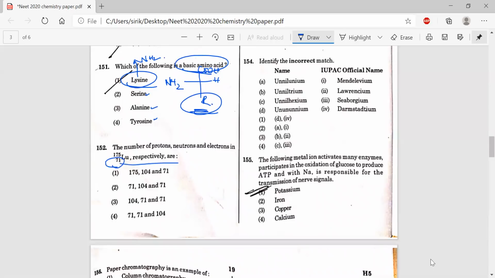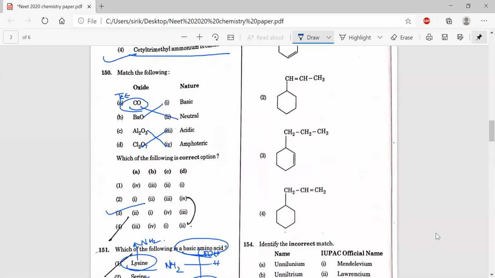Atomic number is directly proportional to the number of protons. Atomic number is nothing but the number of protons or number of electrons. So the electron and proton number is 71 because its atomic number is 71. And how to calculate the number of neutrons? We can calculate neutrons by using the formula atomic mass minus atomic number. So 175 minus 71 is equal to 104. When you are going through that, you may mark this option also, proton, electron, neutron, but in the question proton, neutron, electron is given. So 152 is your answer.